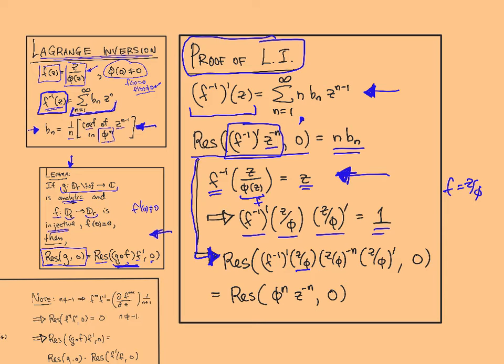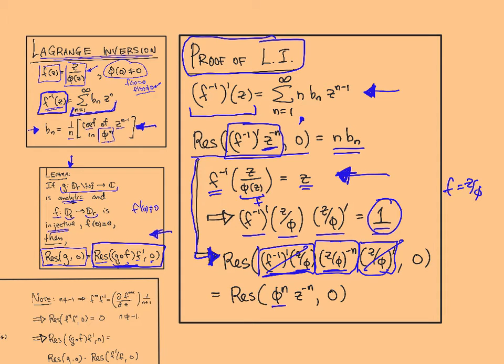So I'll plug f into it. So that's plugging f into the first function and into the z to the minus n term. And then I have to multiply by the derivative in this kind of change of variables residue formula. But I already said that this piece times this derivative gives me 1 because f and f inverse are inverses. And then you're only left with this term here,